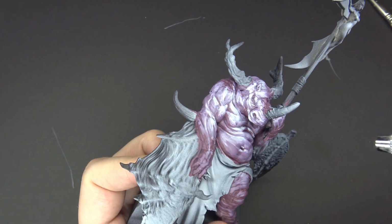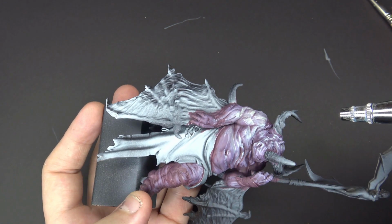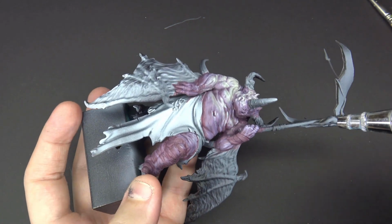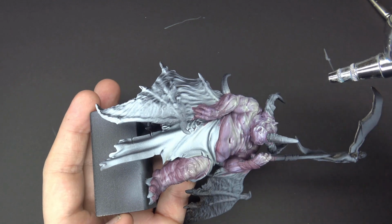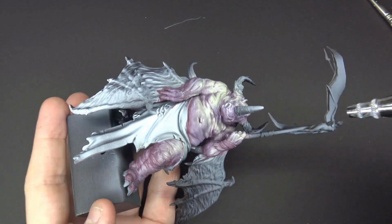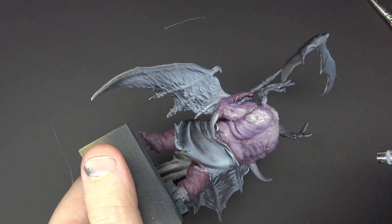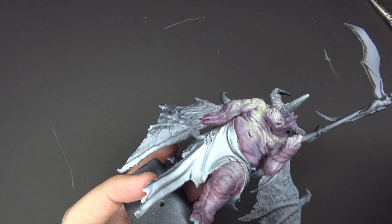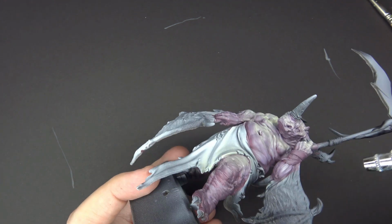So, all right, here's the refined part of the process, or at least the first stage. So this is the airbrush. It's an Iwata, and the color I've used here through the airbrush is a color called Duck Egg Green, and I've actually mixed a little bit of that Orchid Light in. Because Duck Egg Green was the color I chose as opposed to that emerald color, it's also got a little bit of yellowish tinge to it, and so it's actually subtly shifting this into a more warmer zone, which isn't exactly what I wanted, but